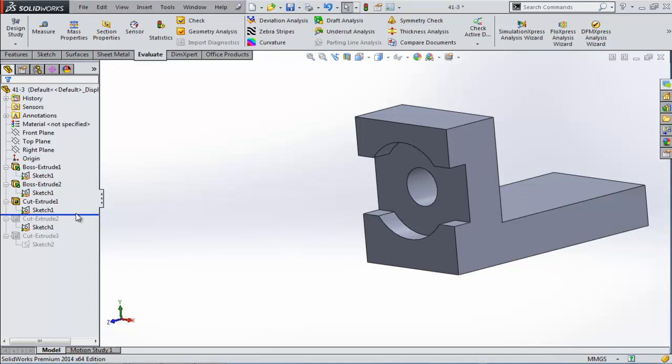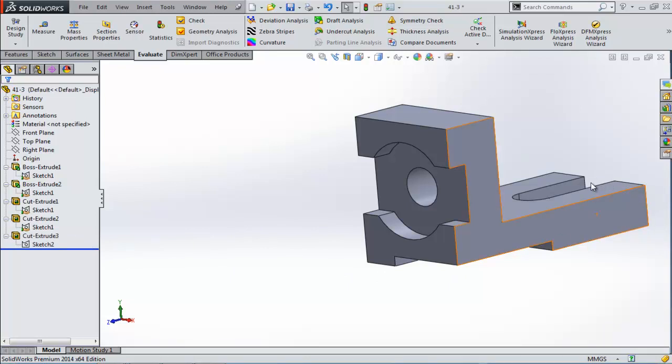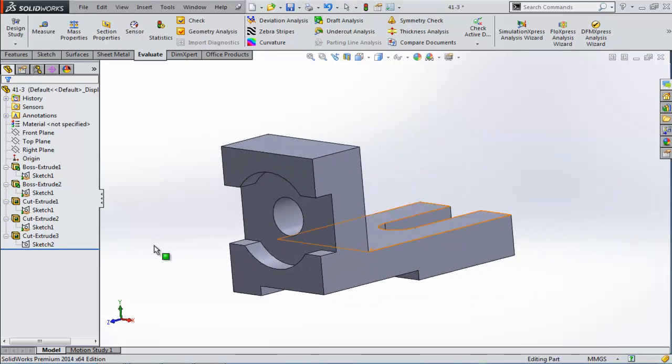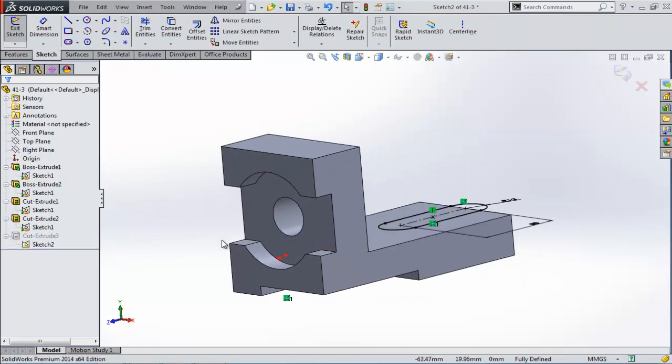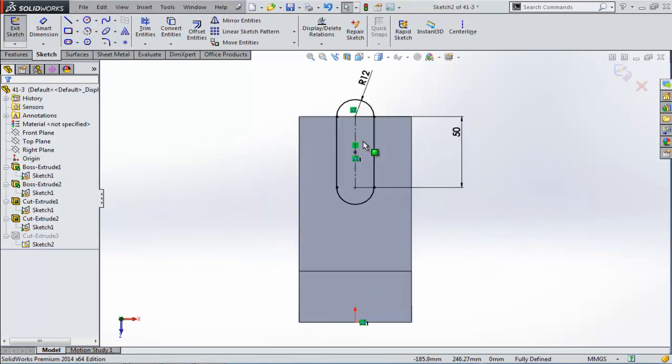Now we made this cut using the same sketch, and this cut also using the same sketch. The last one we made with a different sketch. Let us check this one. It's actually made using this tool, this rod, and it doesn't matter that it's out of the part, because we will have the cut anyway, like this,